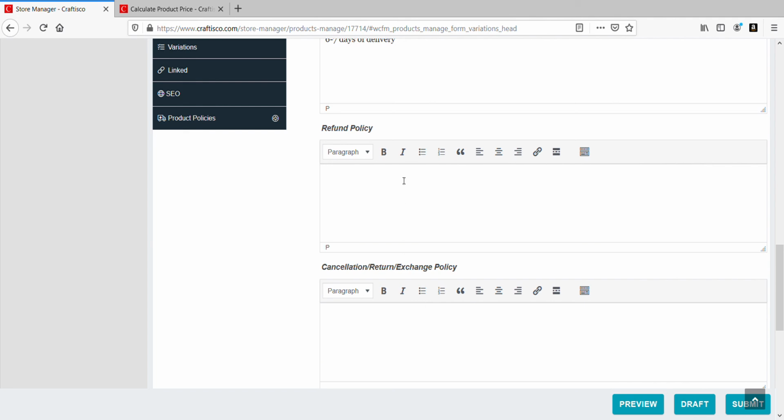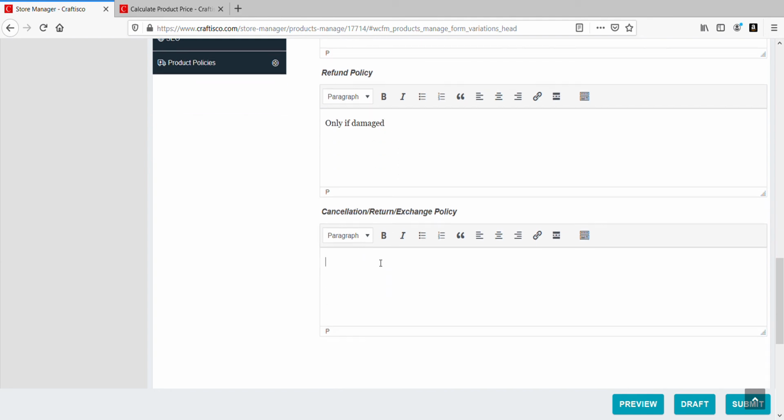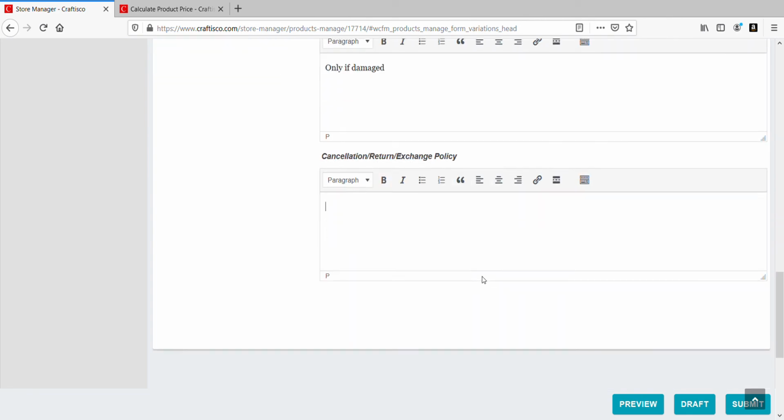Refund policy, only if damaged. So you can add anything, your refund policy if you have any, your cancellation policies if you have any. It's good to add that so that the customer knows whether they need to return it or exchange it, or what are the policies. For example, if you request for a 360-degree opening video, please add that information here so they know that they have to open it and record it while opening it, right?